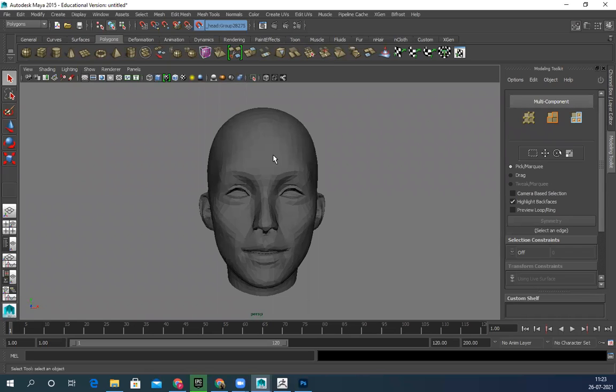Sir, you said I had to merge certain subtools in the low poly, but they're separate. Should I merge them once the high poly is complete? It's up to you. You can merge them or keep them separate, it doesn't matter, because in the end we'll be baking separately, so it won't create any problem.